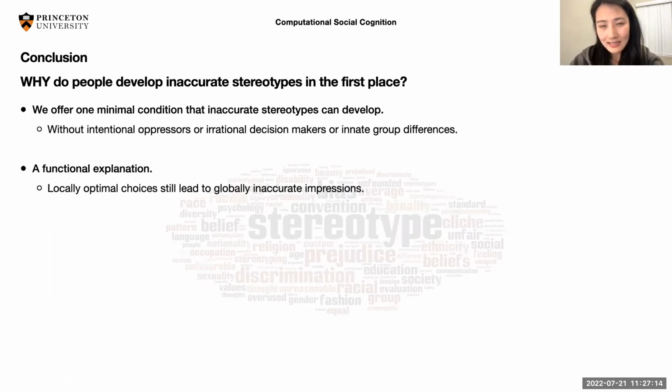Now, our explanation doesn't require any of these previous assumptions, which, by the way, in psychology, are the current state-of-the-art explanations. But by using computational modeling, we are trying to offer a fourth explanation, which is this adaptive expression. Throughout our simulation and human data, we found that adaptive expression helps the participants increase their benefits because they're earning maximal rewards here. But at the same time, it is creating a societal level problem, which is biased impression.